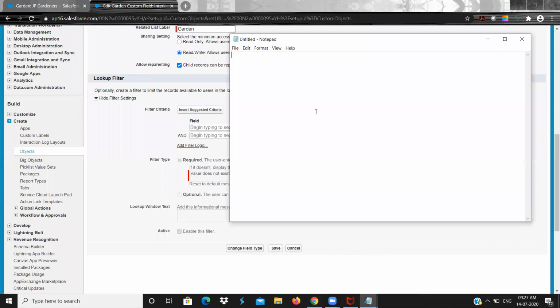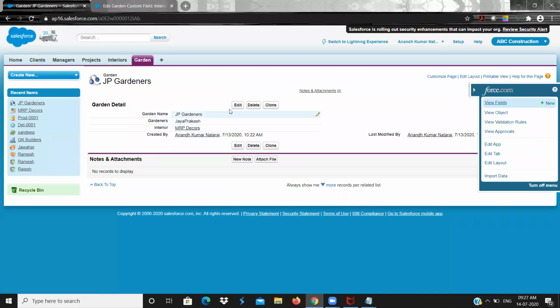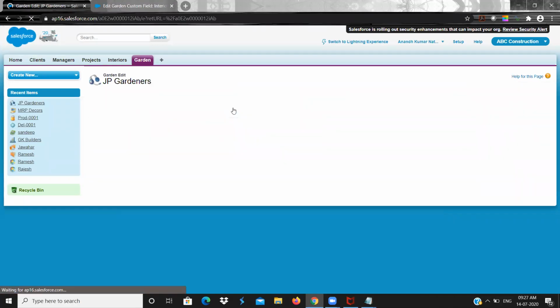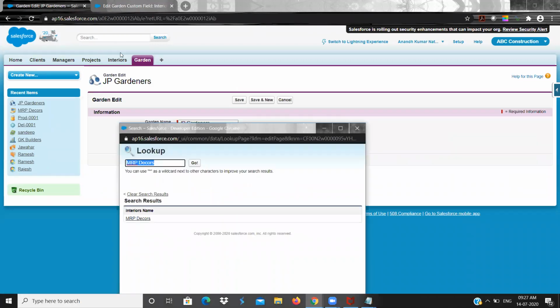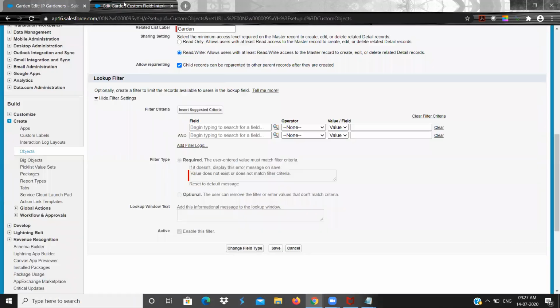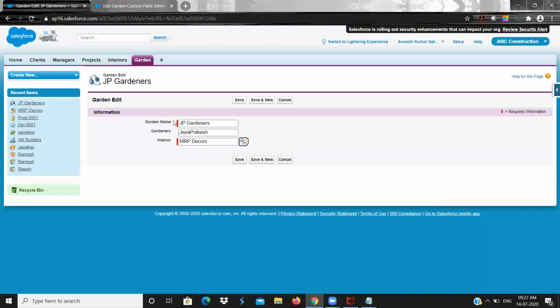Whenever I click that lookup icon, I will be getting all the records in the parent object. The parent object is interior, so I'll be getting all the records. Why is this lookup filter needed? Because I want to filter and have only certain records.